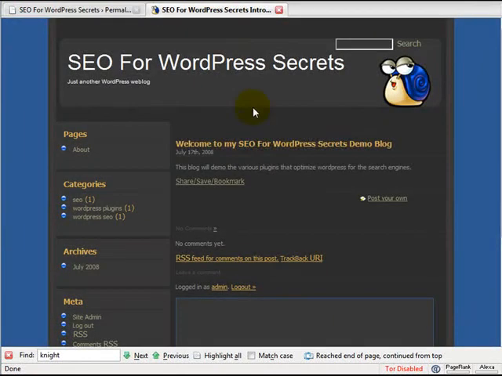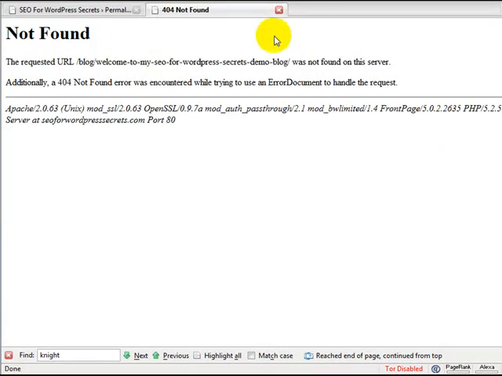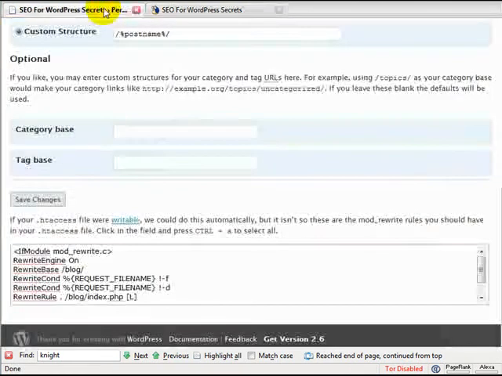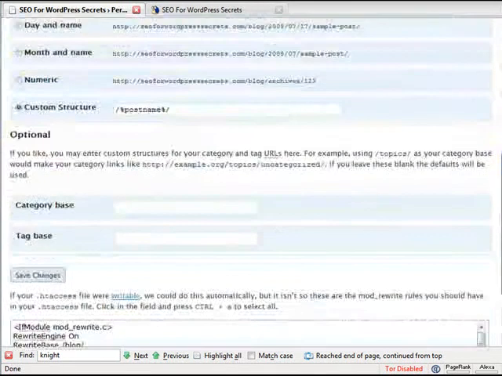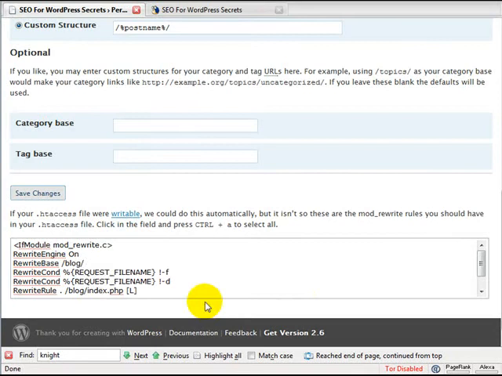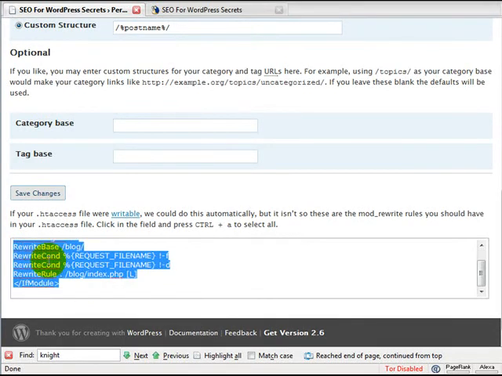I'm going to go ahead and click on this here, and we'll see if it takes me to the page. Okay, it did not work, so that means that my htaccess file is not writable. Odds are that's what's going to be the situation for you too. So let me go ahead and show you how to do that. Going back through here, once we scroll down, it's going to give us the information that we need to stick into our htaccess file. So I'm going to go ahead and copy that,